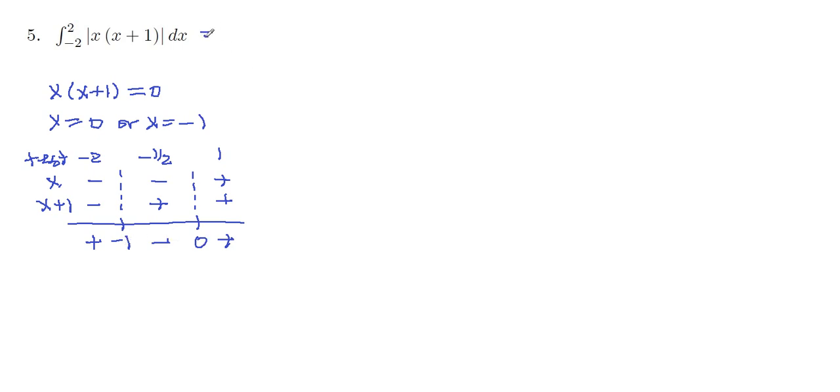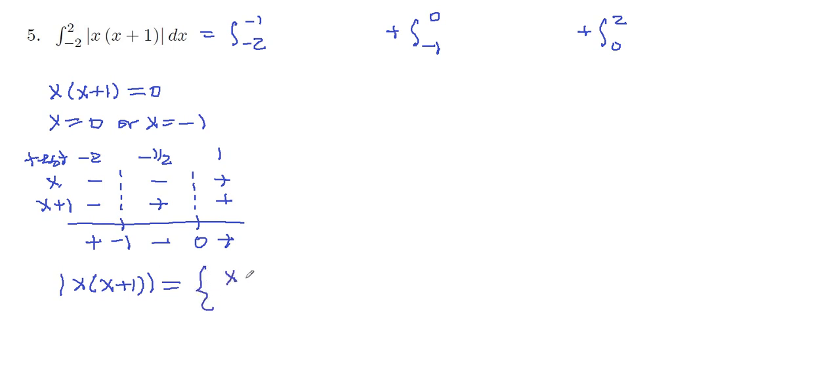So we need to break this integral up to be the integral from negative 2 to negative 1, right there, plus the integral from negative 1 to 0 here, and then plus the integral from 0 to 2, which is where it's ending. And so negative 2 to negative 1, that's in this range. The function is positive, so the absolute value of x times x plus 1 is just going to be x times x plus 1